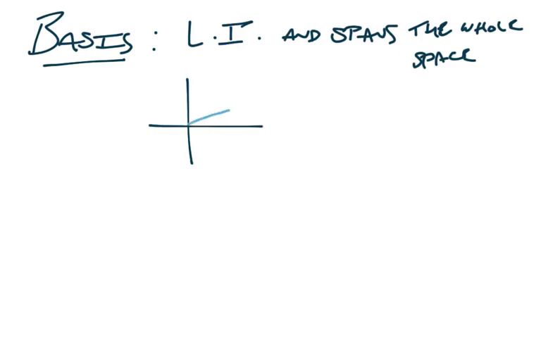One of our vectors could look like this. Another one could look like that. And they're not just rescalings of one another, right? They point in different directions. So they are going to be linearly independent, and they are going to form a basis for R2. However, think about the